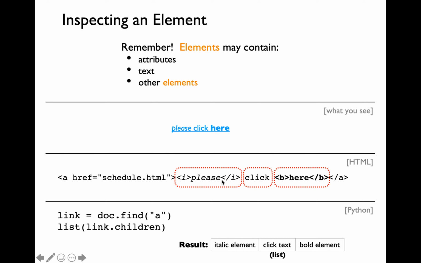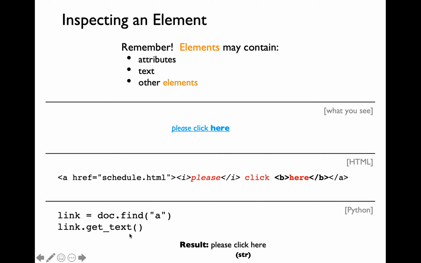The first thing which I want to talk about is how to retrieve children of a specific element. You're going to take the element variable, which is going to be link here, and then specify .children. That's going to return a list of elements for you. In this example, that particular list of elements is going to contain this italics element and this just text part and this bold element over here.